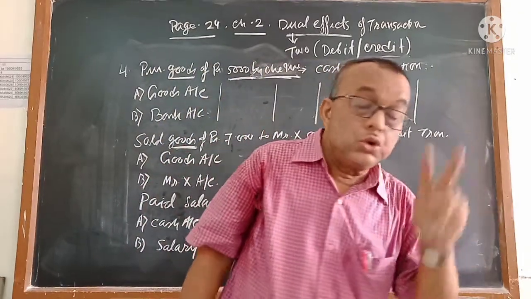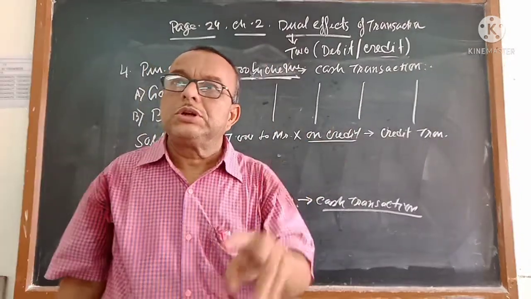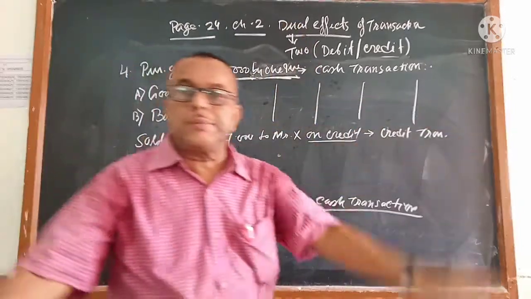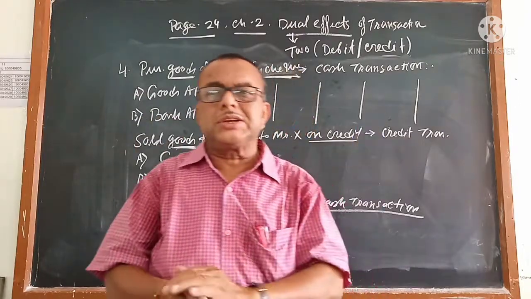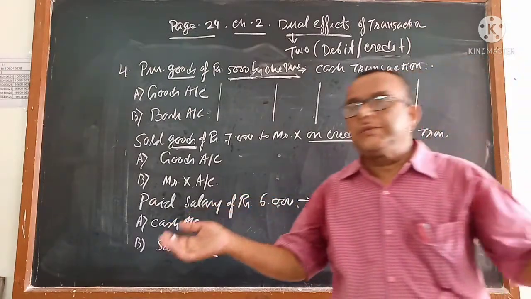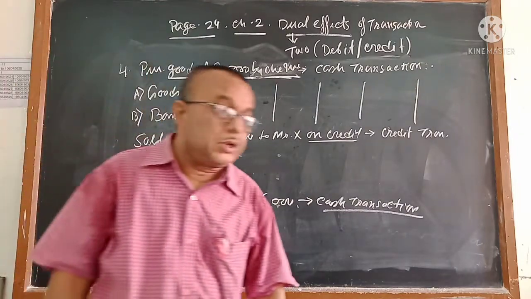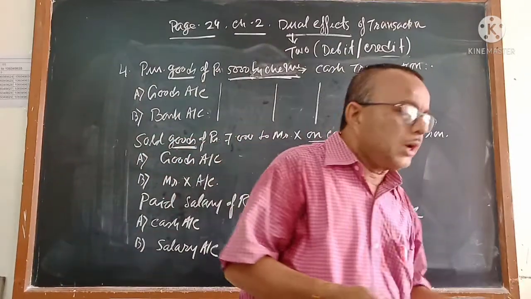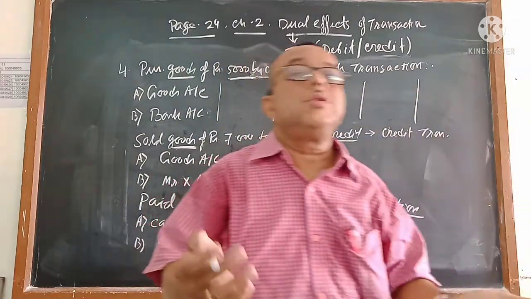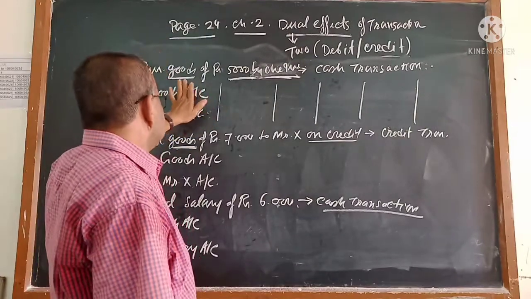There are two things. Which two things are exchanged between the two parties? That is called dual effect, two accounts, two effects. Dual effect, two accounts, all are the same thing. In some transactions you can identify the two effects directly. In some transactions that is not possible directly. Indirectly something should be mentioned there so that you can identify the first effect and the second effect. Indirectly you have to understand. I will tell you two transactions so that this is clear.